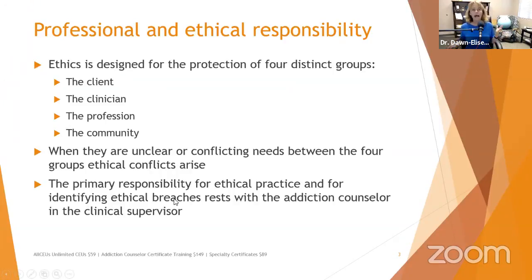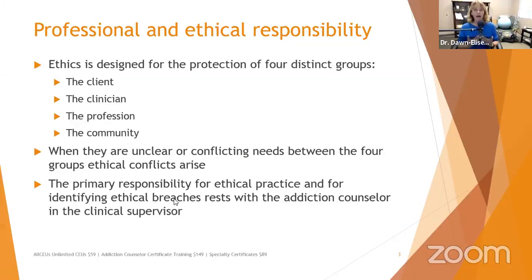So, professional and ethical responsibility. You have to get CEUs in this every single renewal period. For some of us, it's every single year. Other people, it's every 2 years, but whatever. You're going to have to continue to get ethics. So we need to know what they are so we can know what courses qualify and make sure that we're